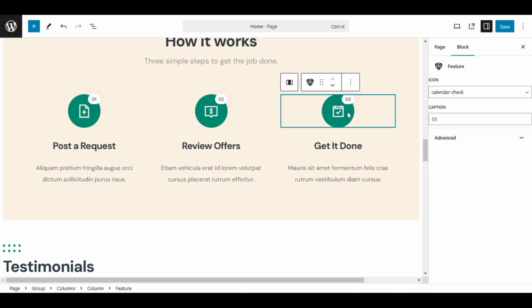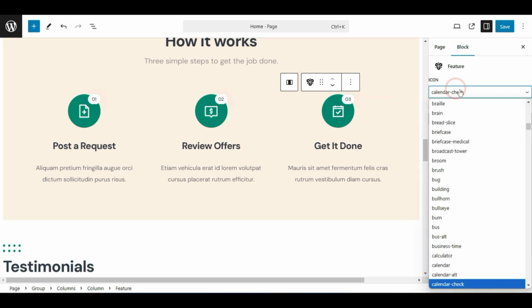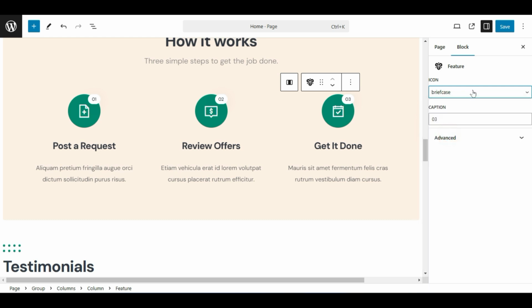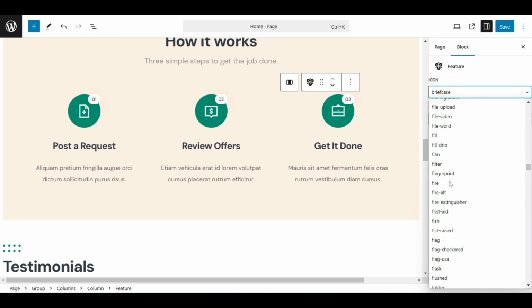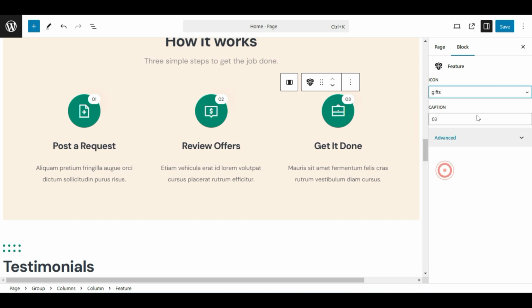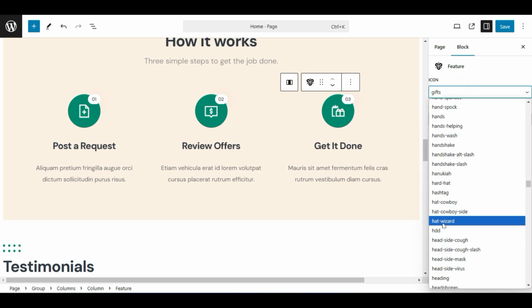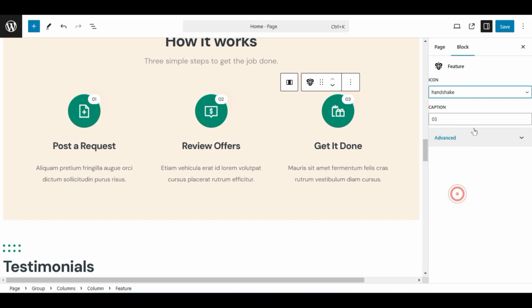small icons. When you select here, in the blog section there is a feature where you can select a different type of feature icon, like a briefcase. I select briefcase here and it will be changed to a briefcase. There is a huge list of feature icons here. The gifts, then you can choose gifts. Okay, make it done. I will choose handshake. Yeah, handshake. Get it done. Okay,